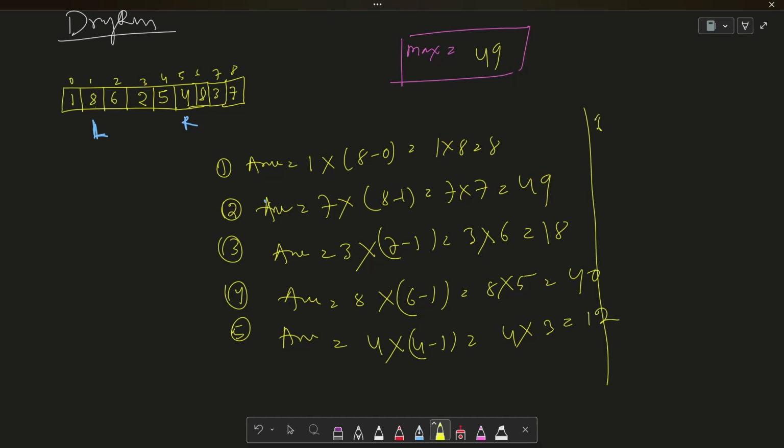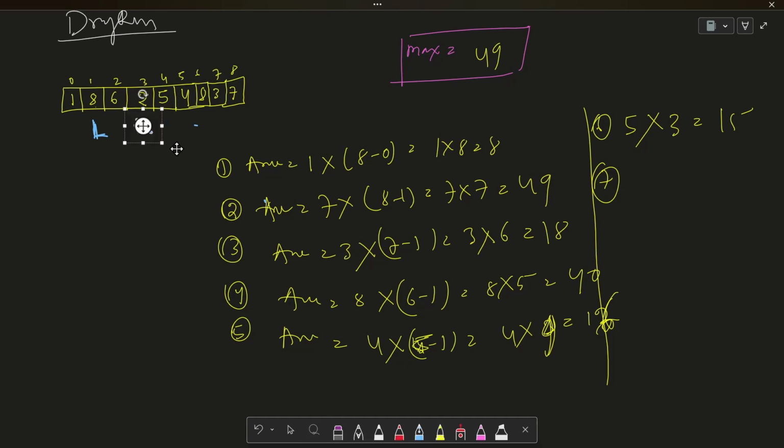And the next area here will be the right. Now 5 is the minimum and the width is 4 minus 1. This I made a mistake here. This will be 5 minus 1. 5 minus 1, 4, 16. Here 4 minus 1, 3, 15. Still it is not going to update. Again we will move the right